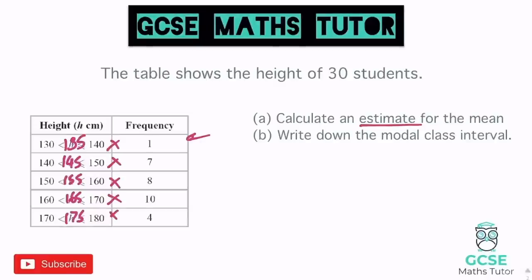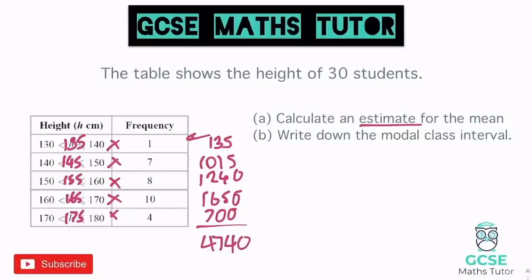So one lot of 135 is 135, 7 lots of 145 is 1015. Again, I'm just doing this on the calculator. 8 times 155 is 1240. 10 times 165 we can do 1650, and 4 times 175 gives us 700. And again, from here it's just the same process. We add those all together. So 700 plus 1650 plus 1240 plus 1015 plus 135 gives us a total there of